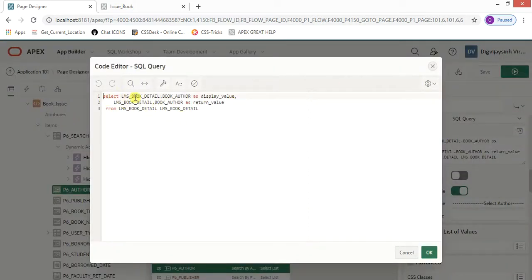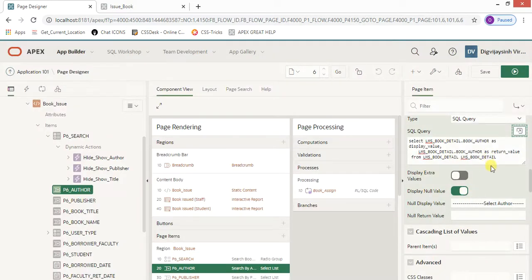There is select lms book_detail.book_author as display value and book_detail.book_author as return value. So I'm returning the author name itself from the lms book detail, so the display value and return value are the same.